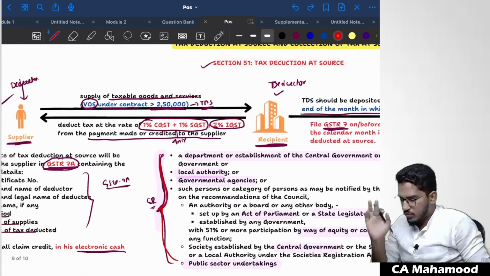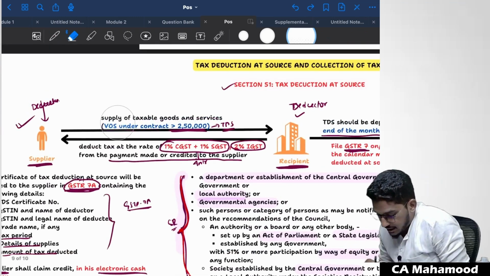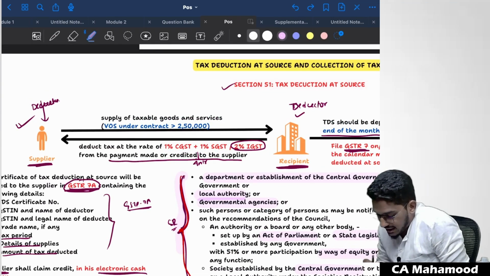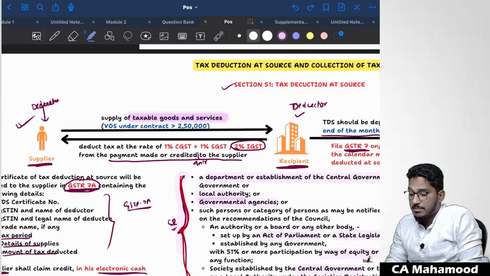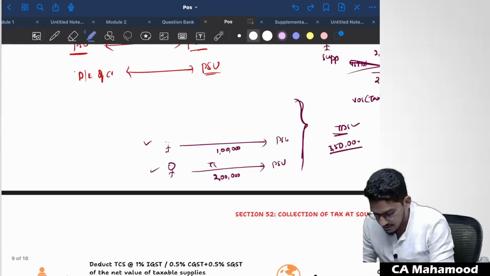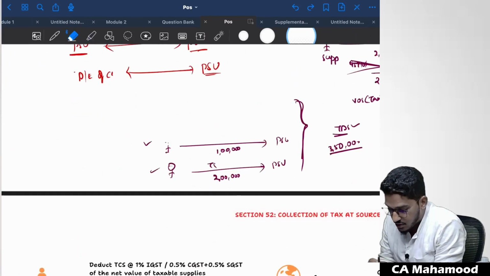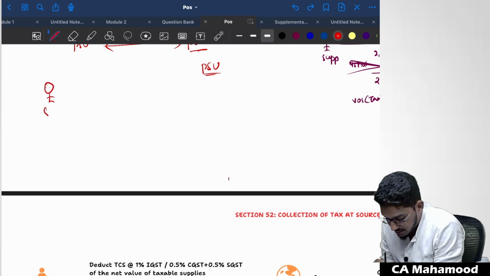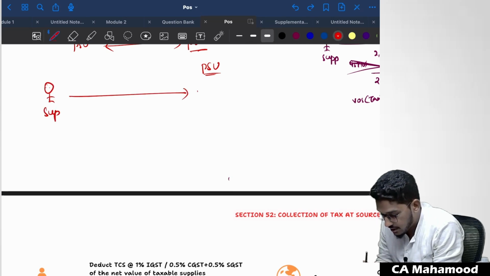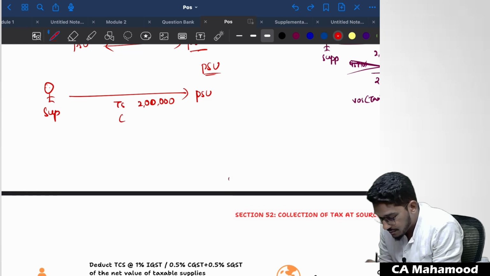Clear, everyone? And one more important thing which I forgot to highlight here. See, TDS will become applicable only when you are making a taxable supply. If any exempt supply is happening, then TDS will not become applicable. TDS will become applicable only when the supply is a taxable supply of goods and services. Take for example, sometimes they might also ask you a question like this. There is one supplier. He made supply to PSU. Taxable supply he made 2 lakh. He also made exempt supply 1 lakh. Will